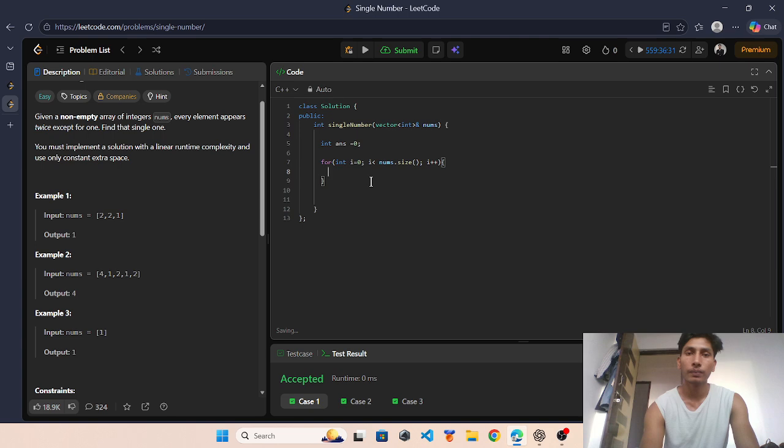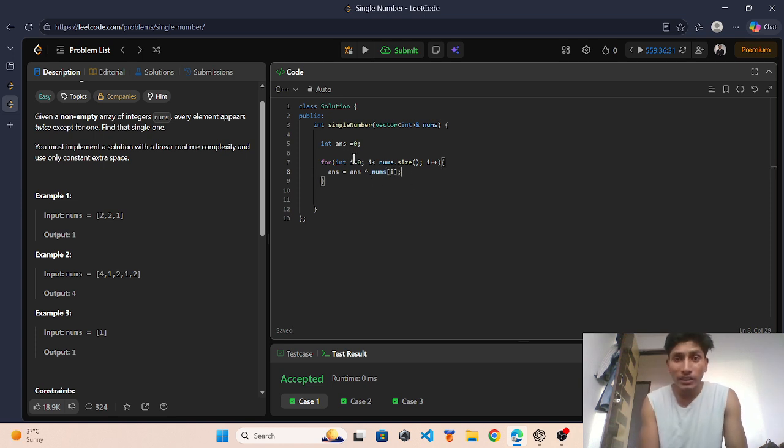Now that we have the for loop, we will apply the XOR method: ans is equal to ans, XOR, nums[i].